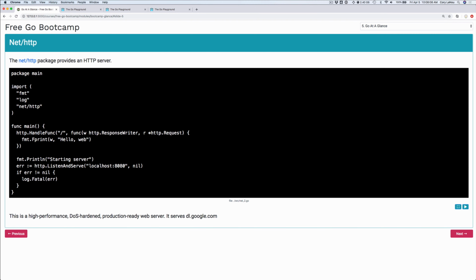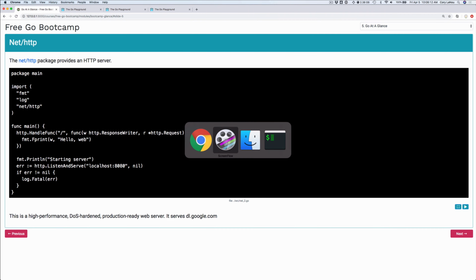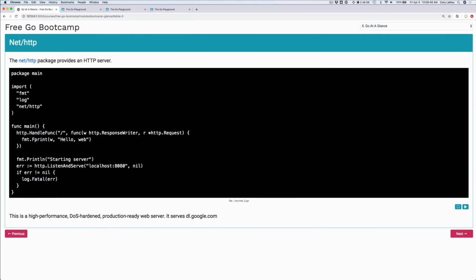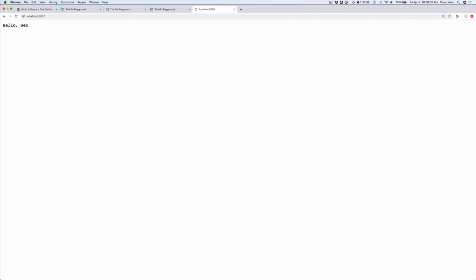So if I run this locally, we can see this actually works. Let's spin that up real quick. Okay, I've got the server running. Let's actually see that it's really running here. I said I spun that up on localhost 8080. So if I copy that right there and I run that, there it is, hello web, right? We proved that that's actually working.